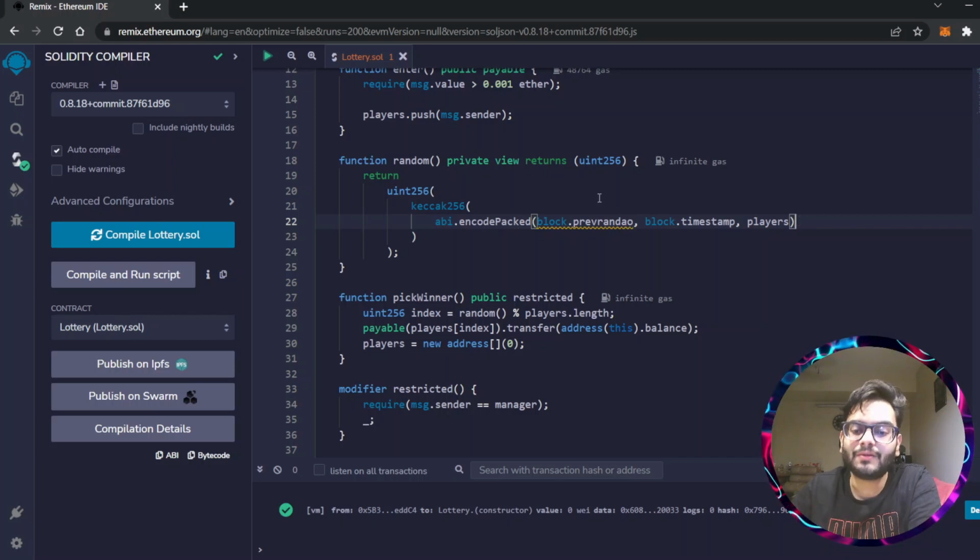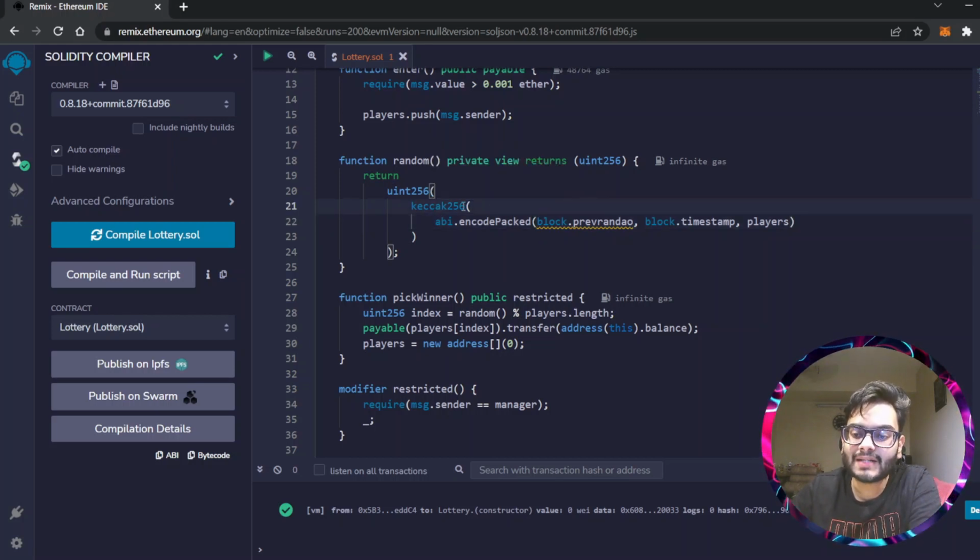Now what we want to do is generate a random number. For this, we are going to pass these three variables inside our keccak256. This is the hash generator inside of Solidity. It will generate a hash for any byte encoded data that you provide. Now the thing is that it takes bytes as data, and block.timestamp, players and prev_random aren't